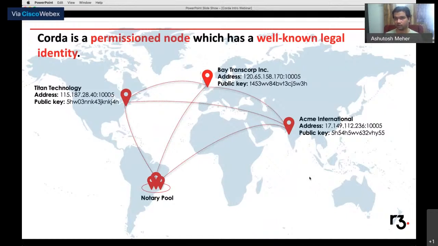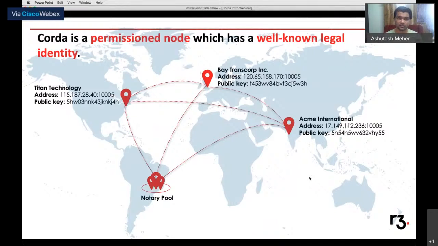You need to be part of a network, and in order to do that, you have to go through a KYC process. There is an entity called a doorman who will provision your access into a particular network. This is a sort of offline KYC process which you will go through, and once you have done that, you'll be provided access into the network. So that's where, during that KYC process,